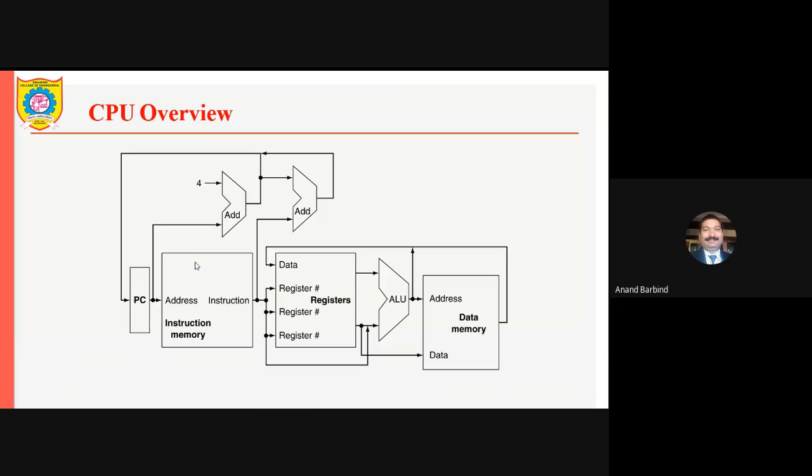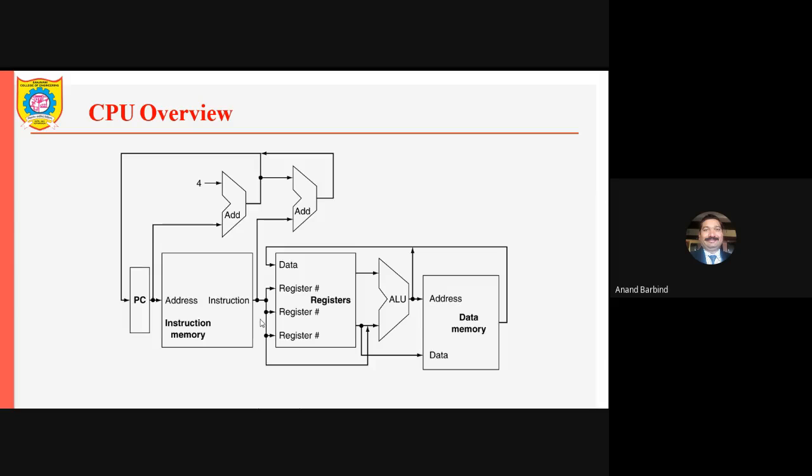As we discussed in the last class, this is the architecture of the MIPS processor. We shall be going into the details of each and every part, as to how it functions. To see, in the beginning there is a program counter and there is instruction memory. The input to the instruction memory is the address of the memory, which comes from the program counter. The output of the instruction memory is the instruction selected by this address. This instruction is given to the decoder.